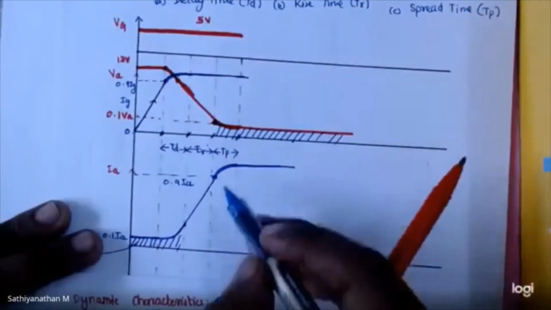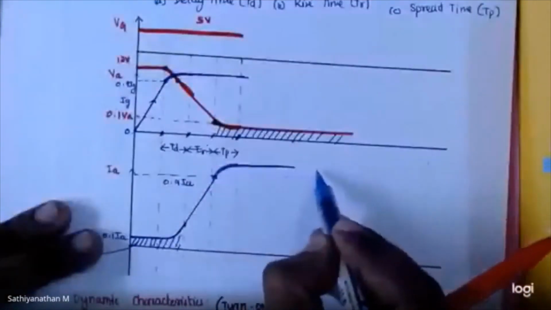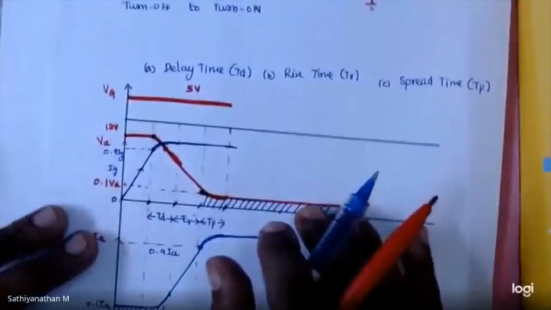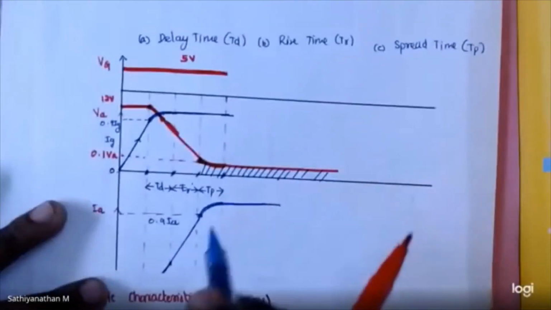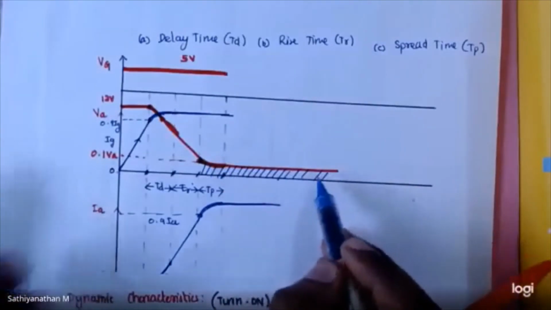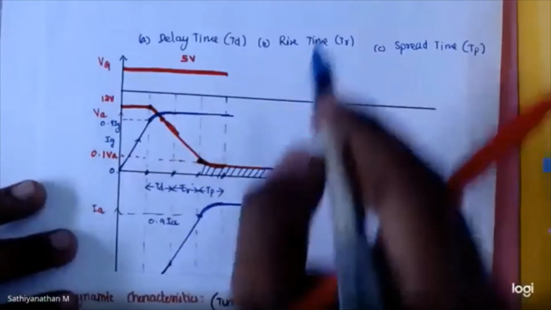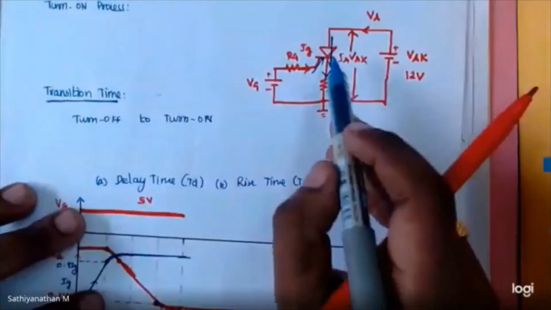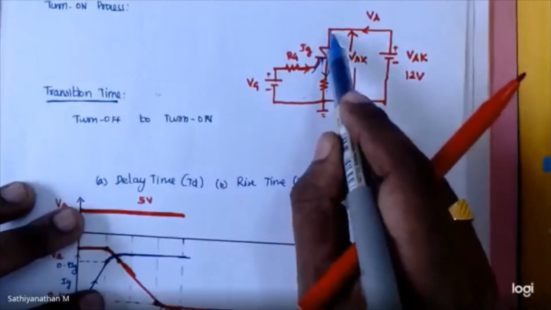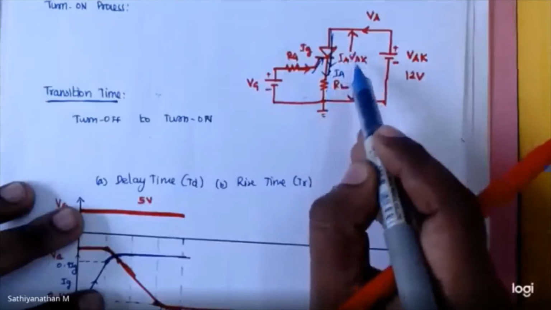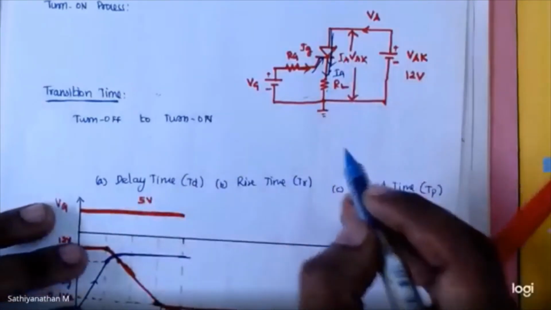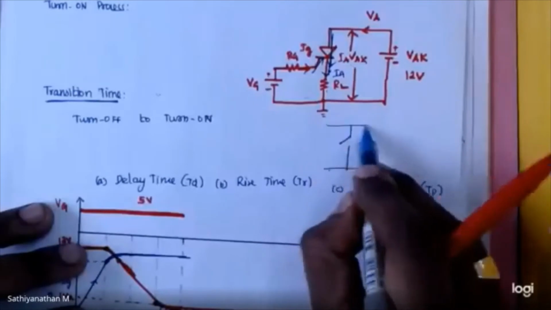During spread over time, you may have a constant maximum anode current because of a fixed load, and you may have a small voltage drop across the device. So if you measure the voltage during turn on time, you may have a small voltage drop across the device, because it will act as a short circuit. Once the device is in conduction, only the current magnitude is high and the voltage across the device is low, because it acts as a switch, right?